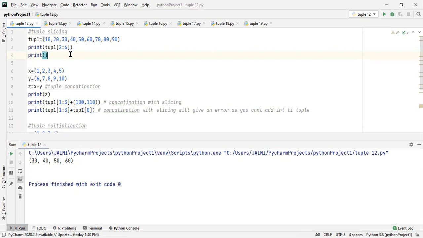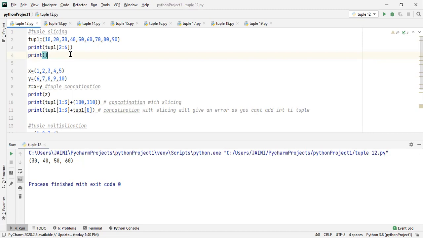Now let's talk about concatenation and multiplication. Python allows us to join or concatenate two tuples using the plus operator.